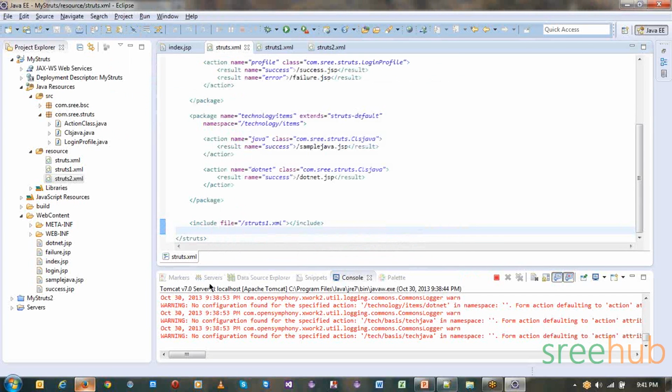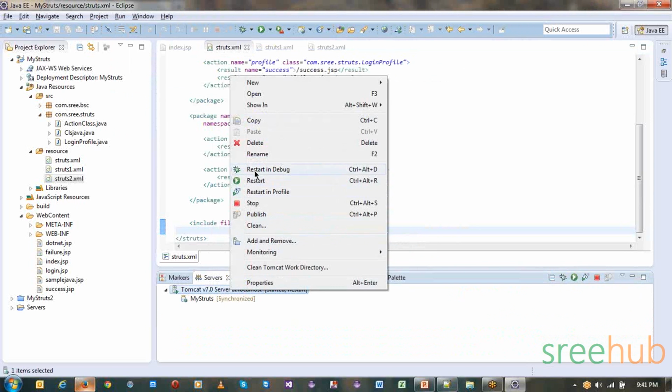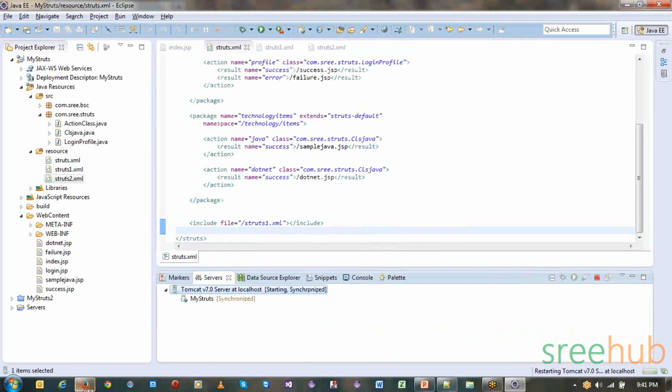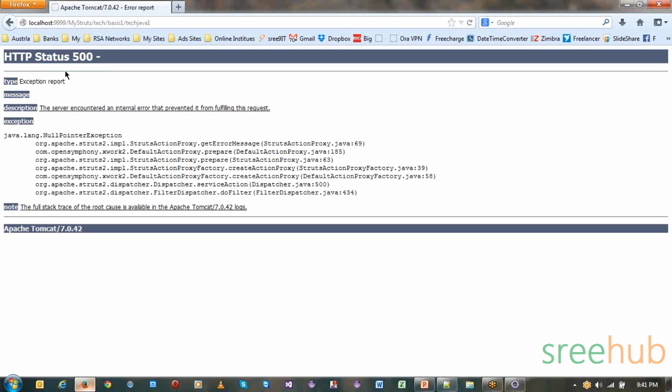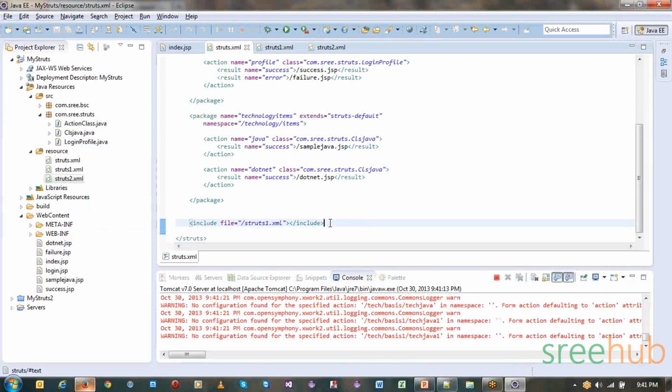Let me restart the server now. Now let's go back and refresh the page. This time you'll get the tech basis 1 item. Let me click on this. Now you can see it will give the same error, which means the resource is not there and it will give you a null pointer exception, right? Now let's include that again. Include file name